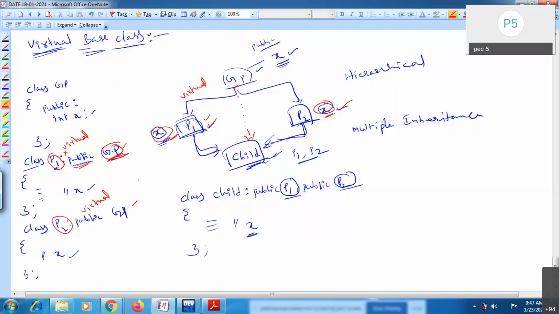Now you have only one copy for p1 and p2, and when you derive child, the same copy is shared with the child as well. In that case you can remove that confusion.